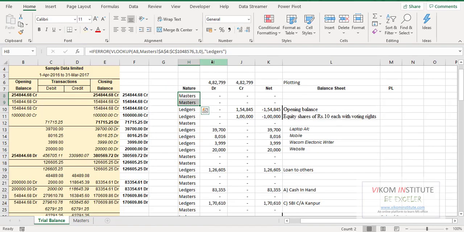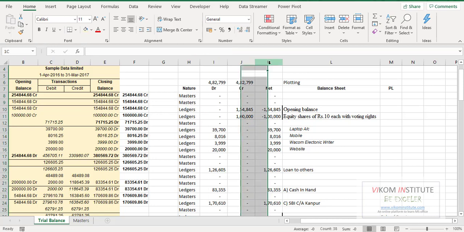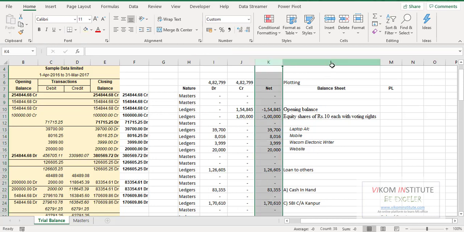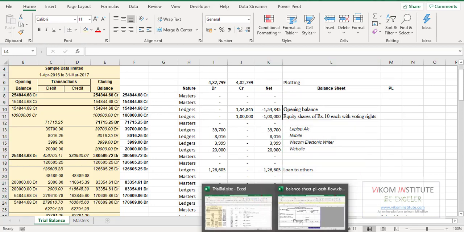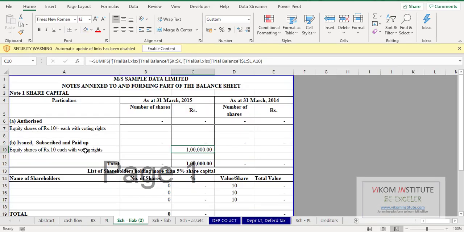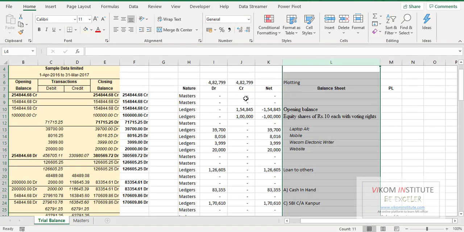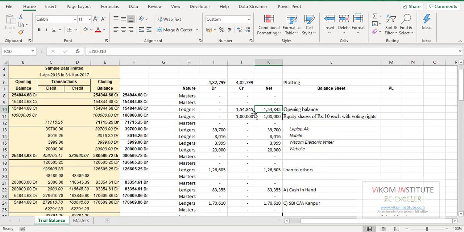The amount to be added is this net one, the SUMIF range is this, and the criteria is this. But we need to be very careful, since all our liabilities figures would be negative, since all the figures are credited on this side, and you can see all credit figures are in negative.